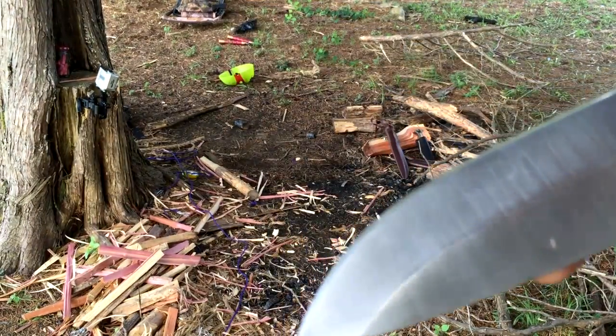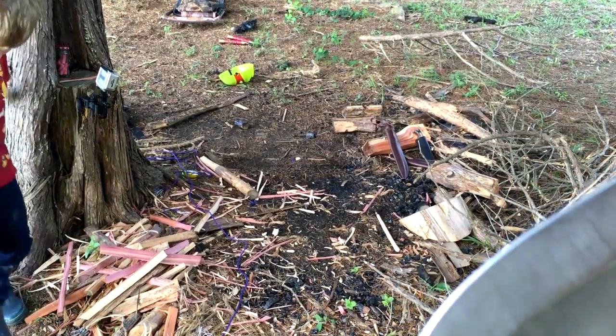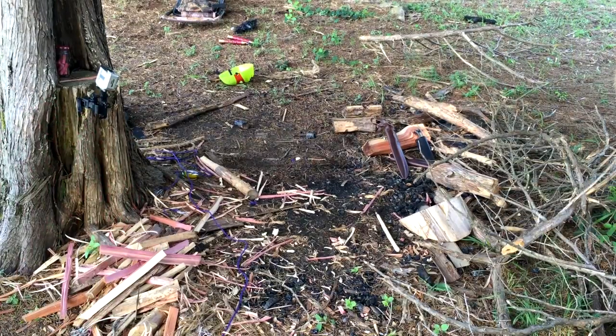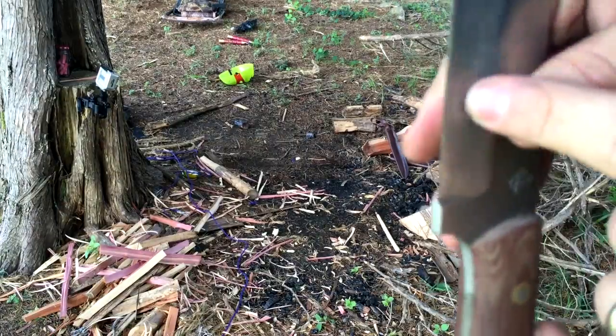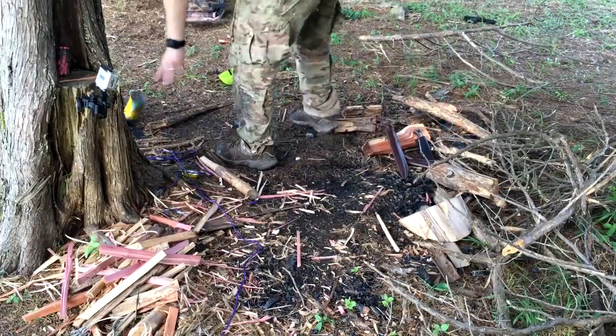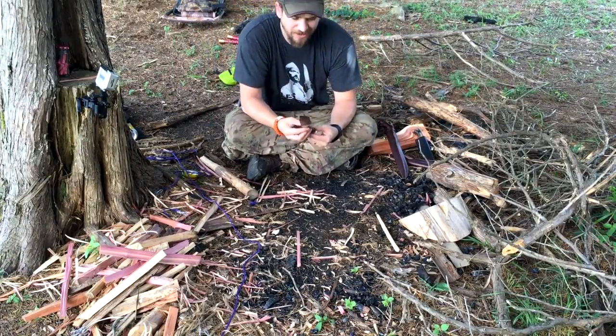And we've got another little chip that developed right. I'm trying to see if we can show it on here. So it's